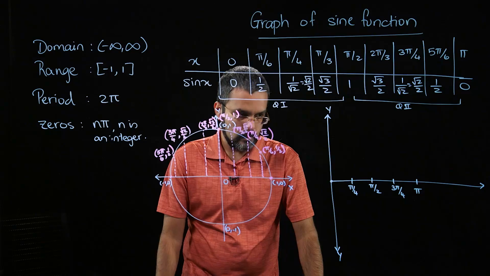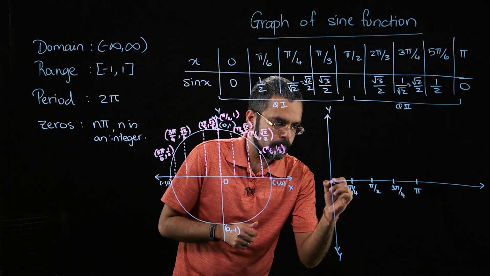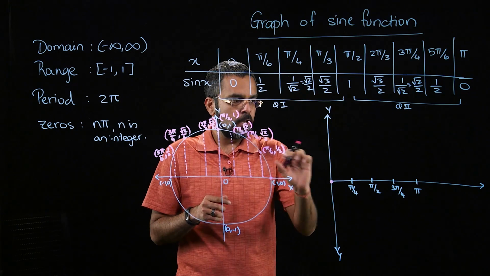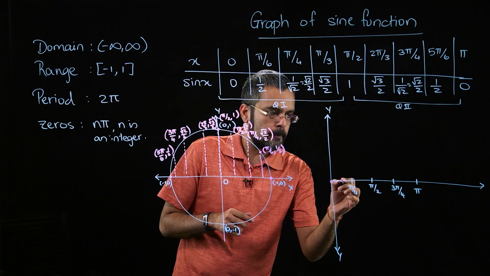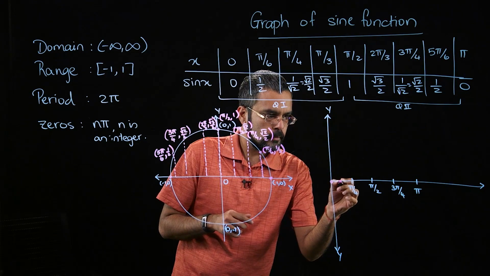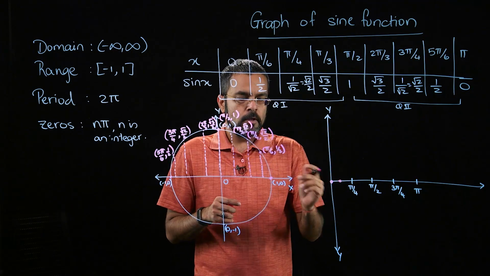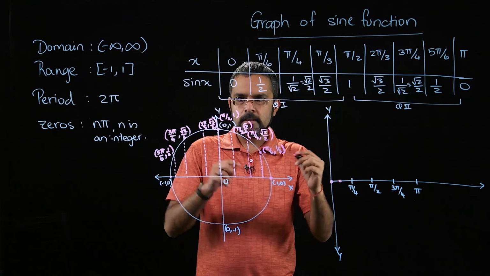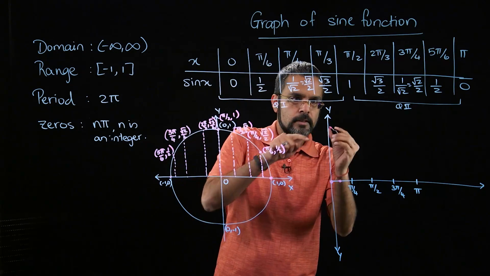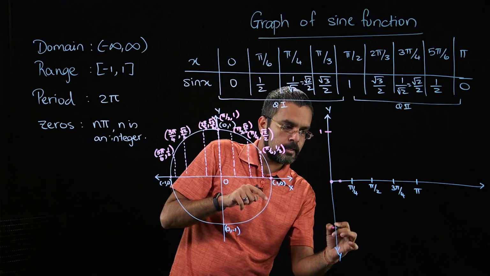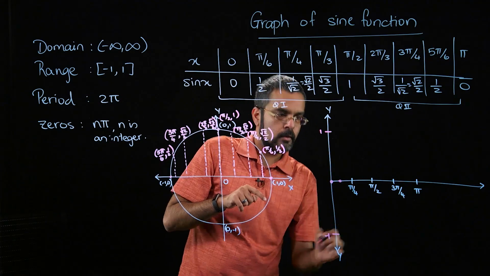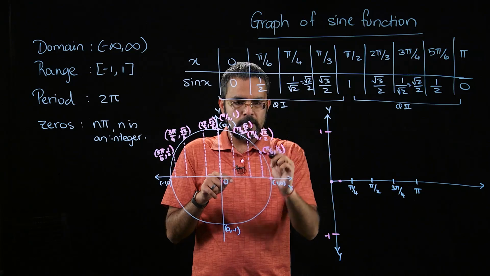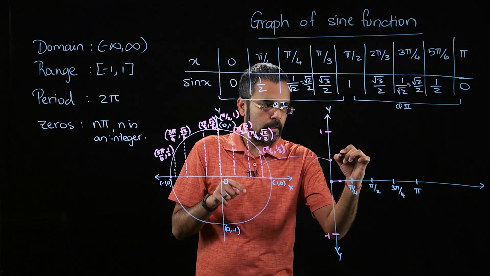Okay, so that's going to be sine of 0. Now, sine of pi over 6 is 1/2, right? So pi over 6 is going to be somewhere around here. Okay, and that's 1/2. So basically what I'm doing here is I'm translating this segment over here. If this distance is 1, and this here is -1, then 1/2 would be about here in the middle, and so I'm literally just taking this segment and putting it in here,